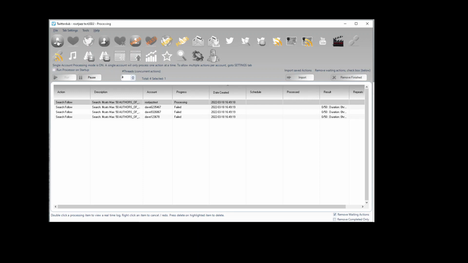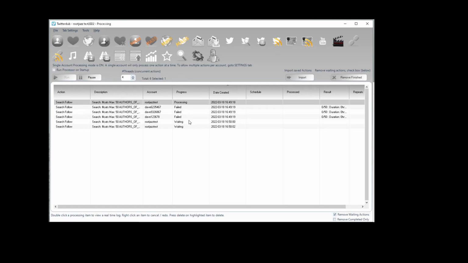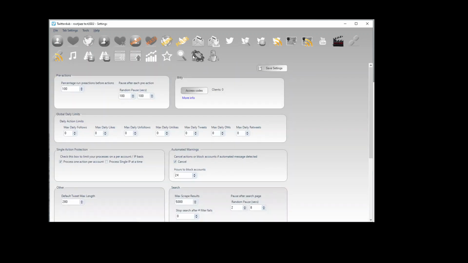I'll add more for this account, which is a real account. But as you can see, only one action is processing despite having 4 threads. That's because there's a setting on the settings tab that will protect the account and only allow one action per